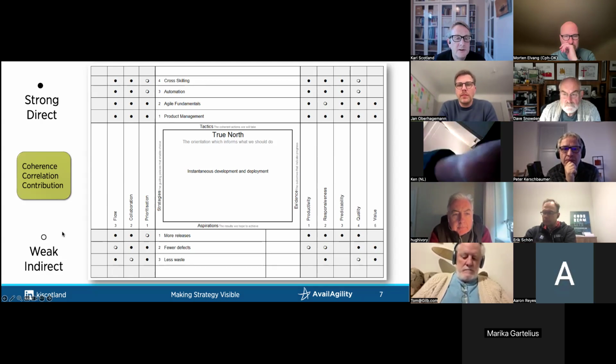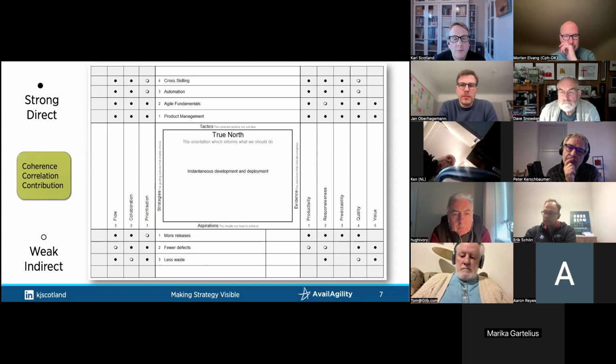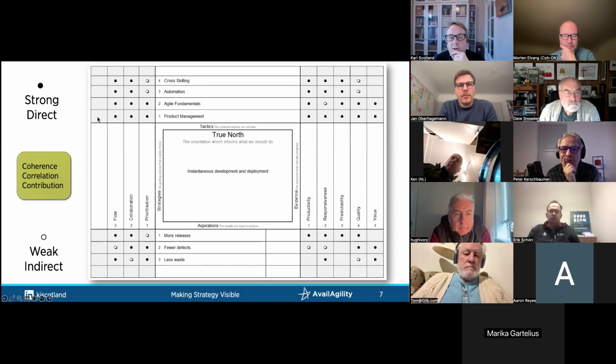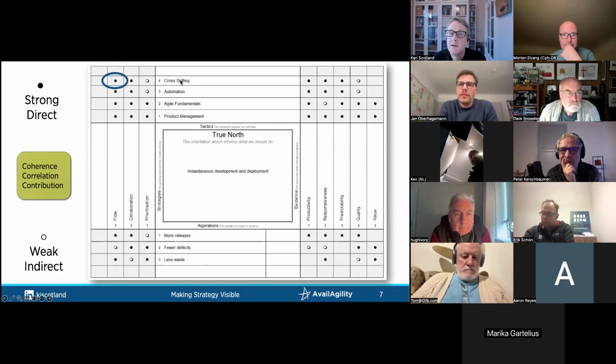Or an empty dot means there's some sort of relationship. It's kind of weaker, but probably indirect. And then if we have an empty square here, it means we don't think there's any relationship at all. So at the top here, we said that if we invest in cross-skilling, and by cross-skilling,